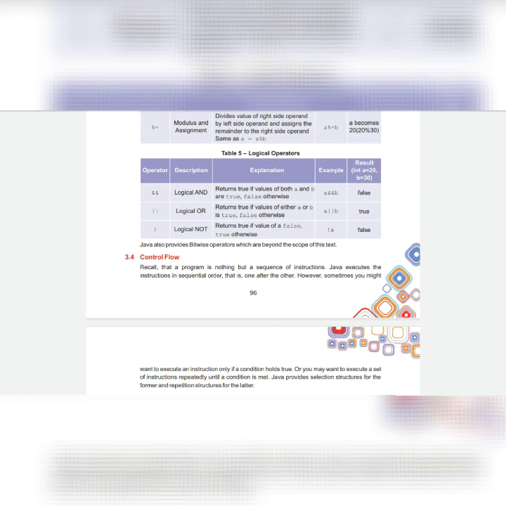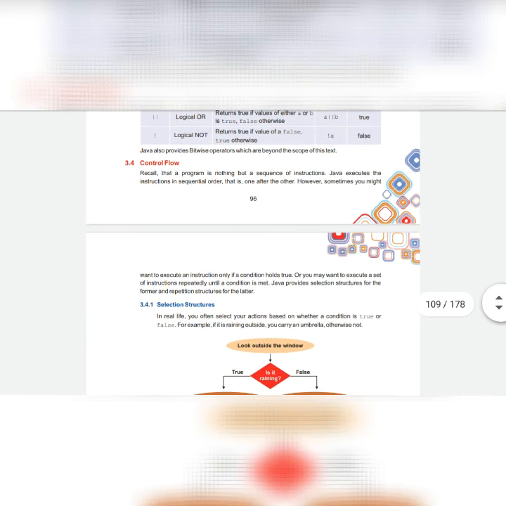Now there is control flow. In a programming language, what is a program? It is nothing but a set of instructions which we give to the computer, which we write in our programming language, and according to that we get the specific output. Control flow means the sequence in which you write a program and the execution of those statements; that comes under control flow.